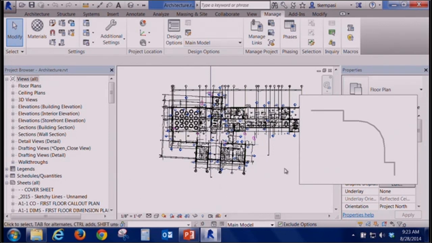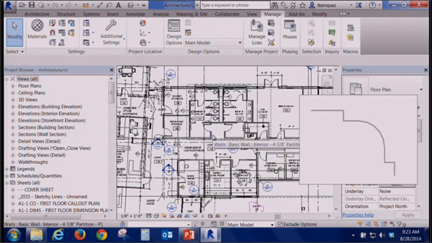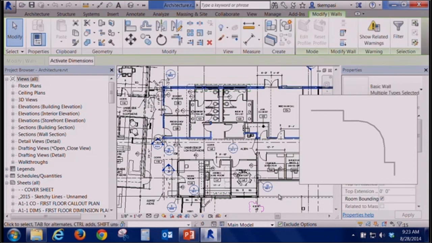Okay, and again, if I zoom in a little bit, if I mouse over this wall and hit my tab, one of the things it's gonna find is that whole continuous chain of walls. Okay, so useful for selecting